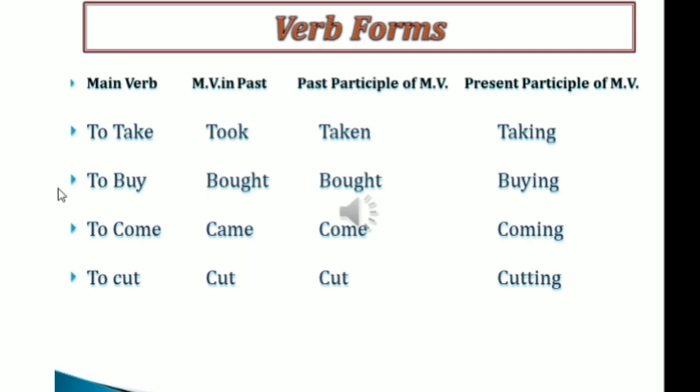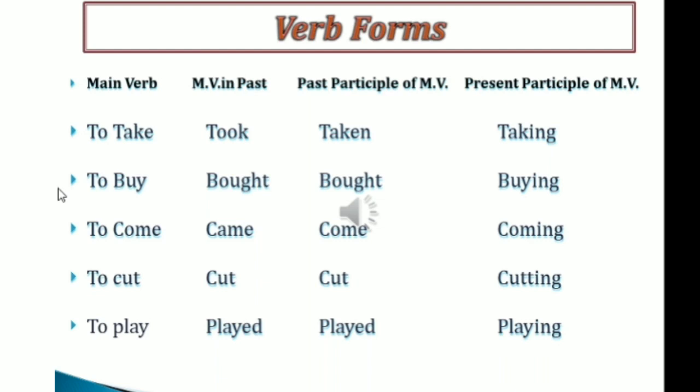Why have I called them irregular verbs? Because no verb, either in the form of past tense or past participle, is formed by adding d or ed suffixes; they are formed very differently. Then what is a regular verb? The last example here is an example of a regular verb, because regular verbs are always formed by adding ed or d suffixes to the past tense and past participle form. So the example is play, played, played, playing.